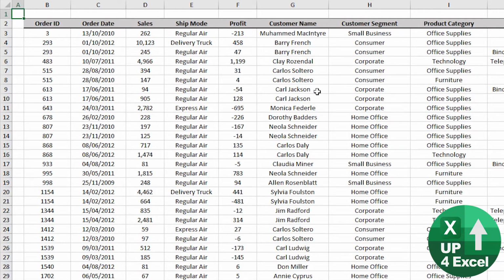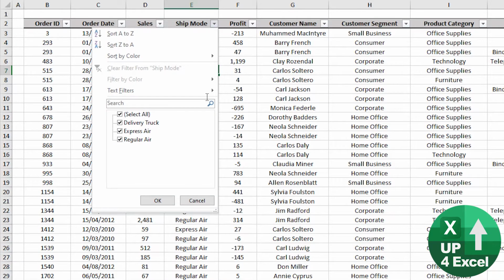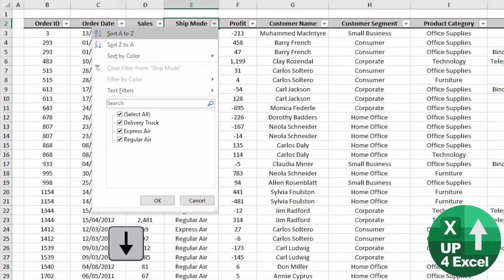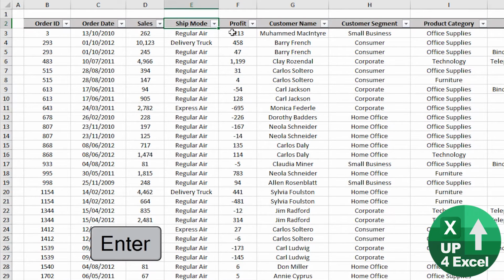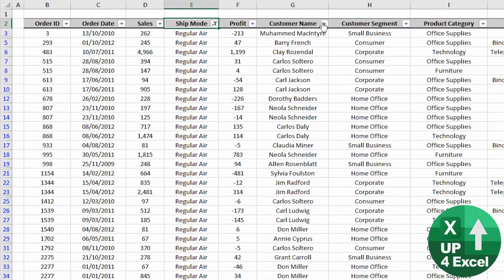Auto-filter is a brilliant command. Click anywhere on the sheet, Control-Shift-L, filters appear. Normally you can click on these and do whatever you like, but if you click in the header, Alt and the down arrow will bring that up manually, and you can scroll around and untick or tick any you like. Now, let's say we've unticked them all apart from regular air, and on here we picked